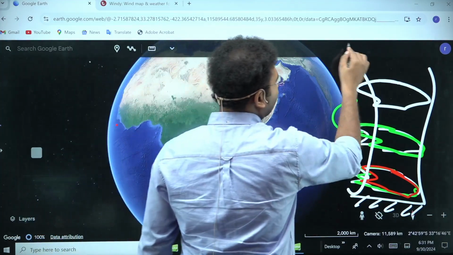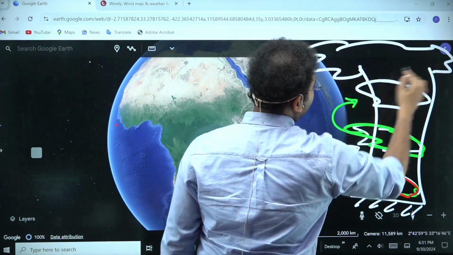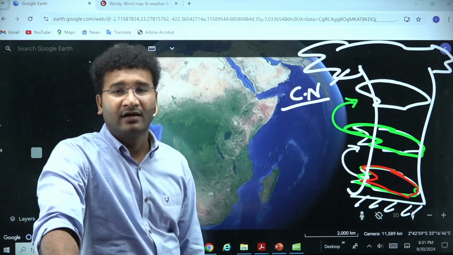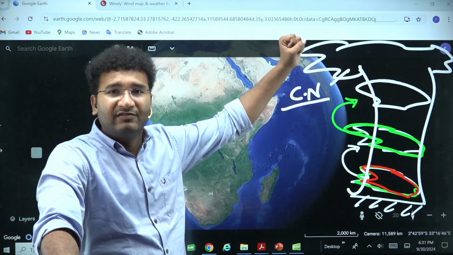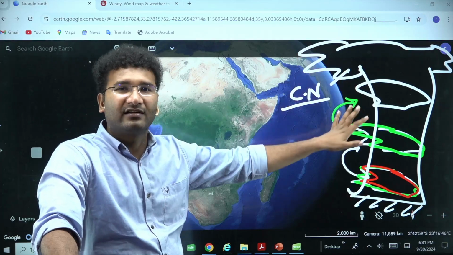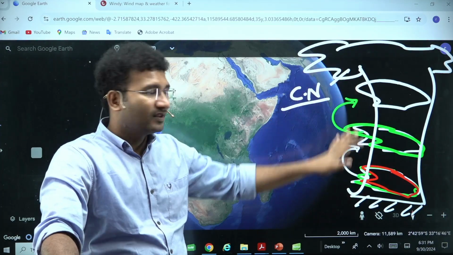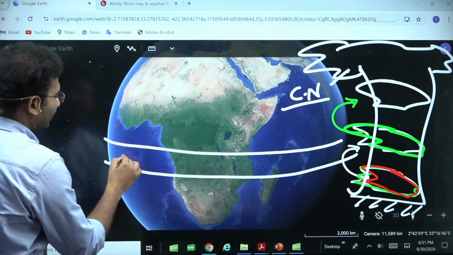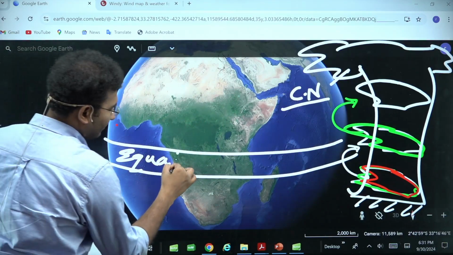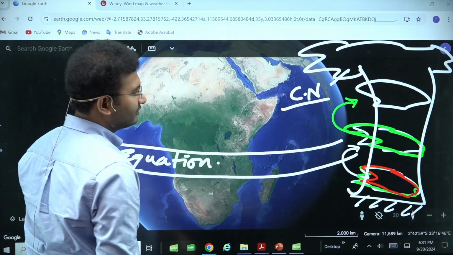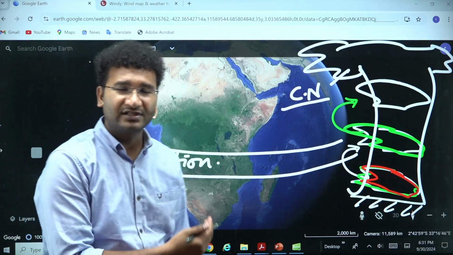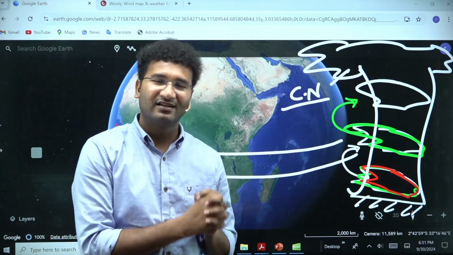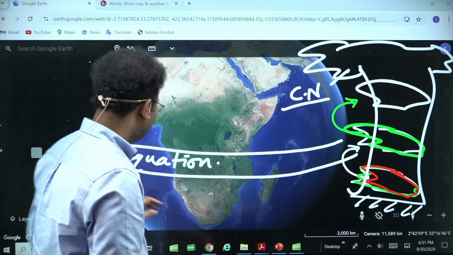Over a period, they will form a big cloud. These are your cumulonimbus clouds. Like that, thousands of clouds will be there. All of these clouds will release their moisture in the evening. This rainfall is called convectional rainfall, which is seen every day at the equator, right? Sometimes during the monsoon time period, before the onset of monsoon, when you are having summers in the month of May,